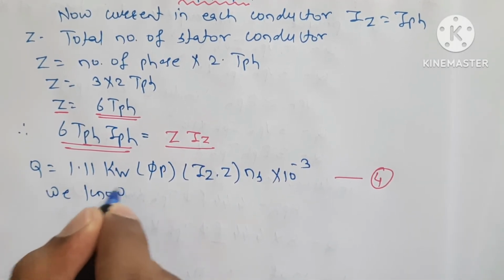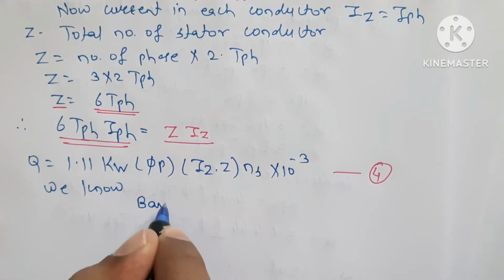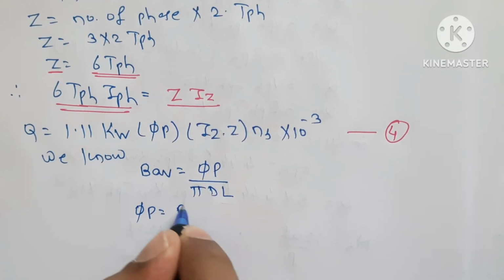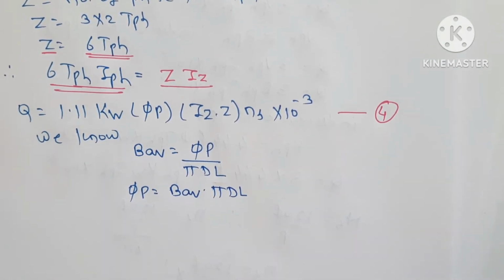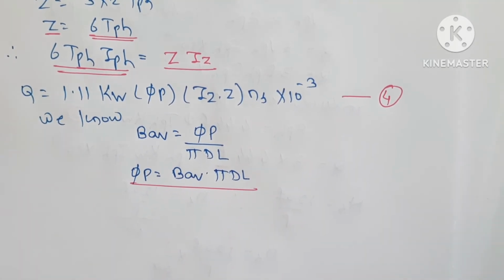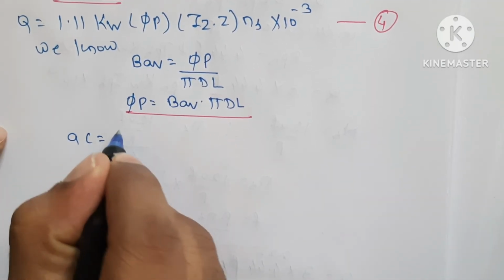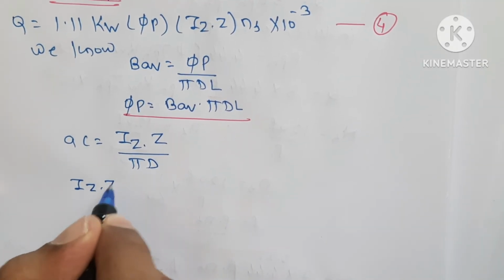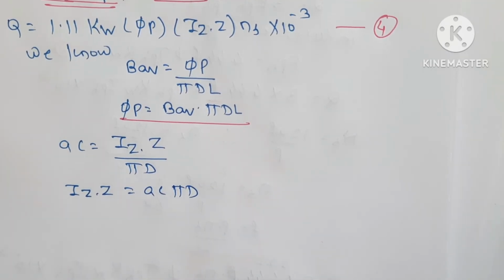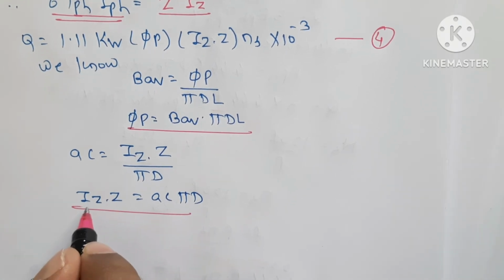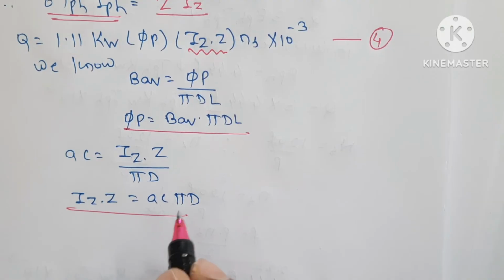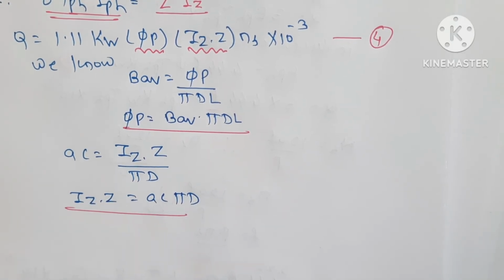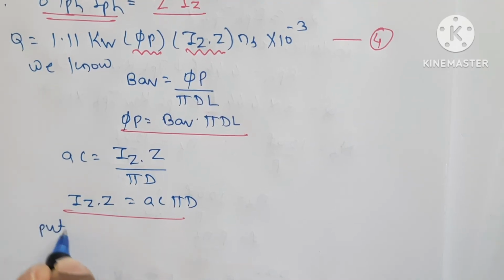Now we know that specific magnetic loading, that is BAV, is equal to phi P divided by pi D L. Therefore phi P is equal to BAV into pi D L. And specific electric loading, that is AC, is equal to IZ into Z divided by pi D. Therefore IZ into Z is equal to AC pi D. Now instead of IZ into Z we can write AC pi D in the above equation 4, and instead of phi P we can write BAV into pi D L. Now substitute these values of phi P and IZ into Z in equation number 4. Put these values